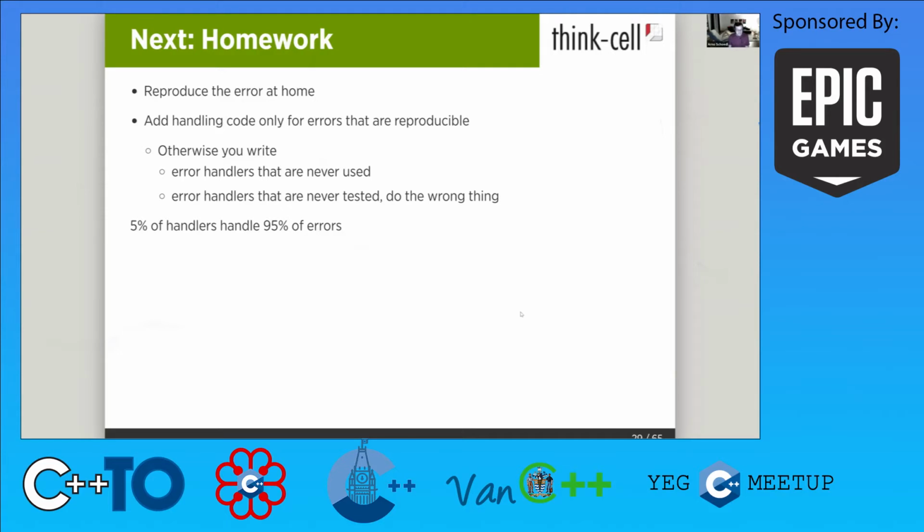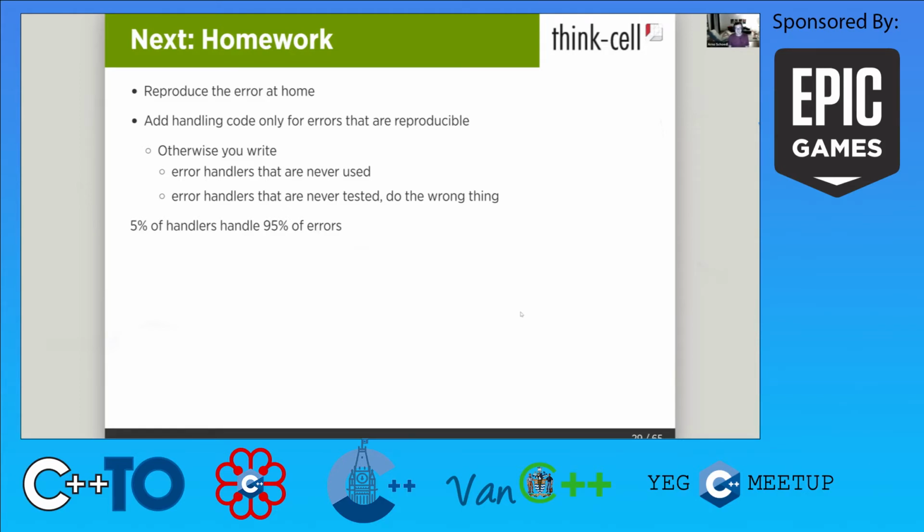And there's one example. We used to use the XML reader component of Windows, and sometimes this XML reading failed. And you could have just reported, XML reading failed, but we tried to reproduce it, and we found some customer where it occurred. And it turned out one reason why this was occurring was because the component wasn't registered in the registry. So our error handling was actually, okay, this error occurred, we are now going to register this component in the registry and then try the operation again. And that was 100% effective. It just stopped this error from occurring altogether. And these are the kind of error handlers you want,